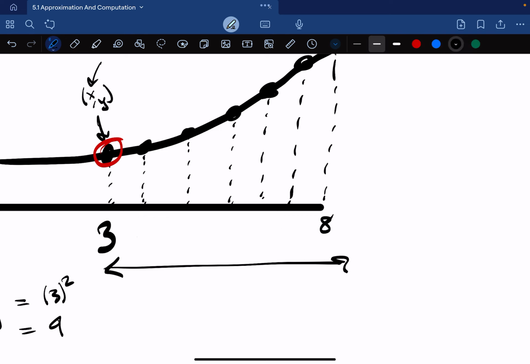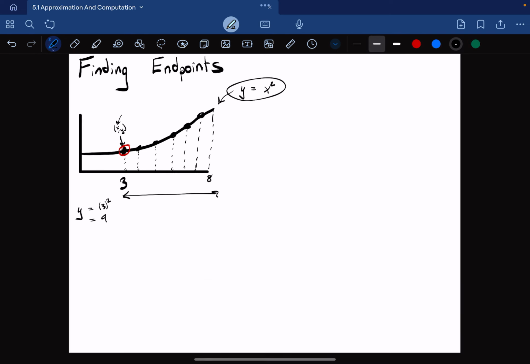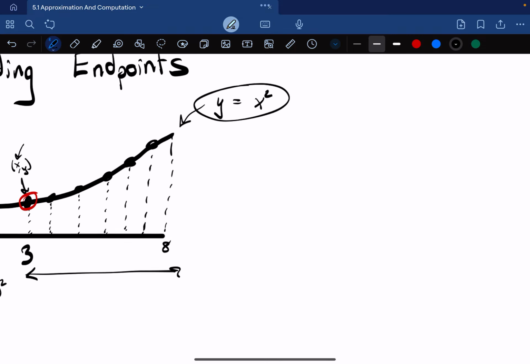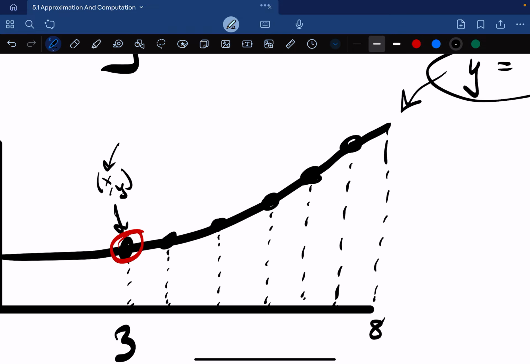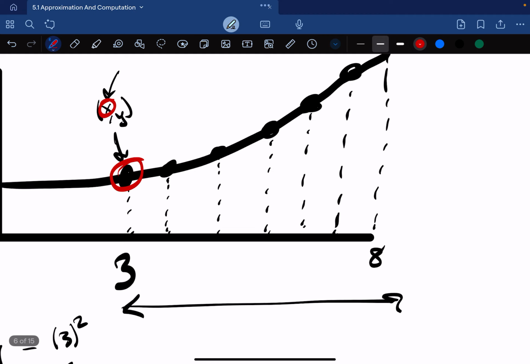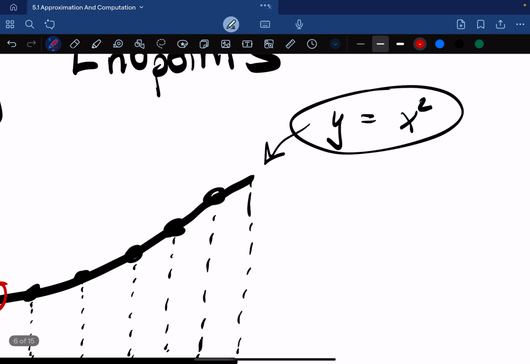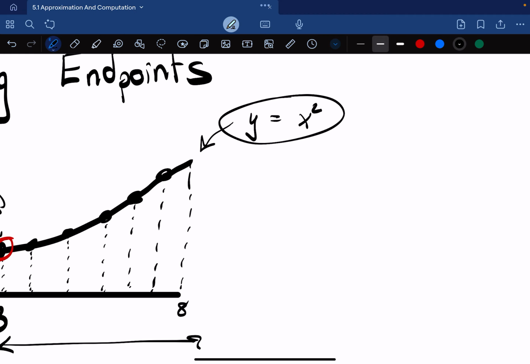How would I find the endpoints and start points now? Well, there is a specific formula that we use. And this is where we find it useful to have the width of each of these rectangles exactly the same. That formula to find the x coordinate of one of these endpoints is